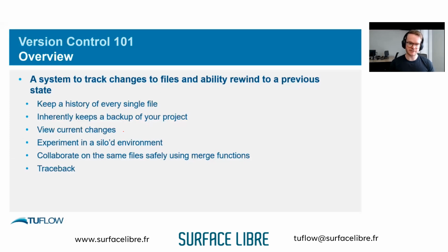The ability to view changes or view the history is very, very powerful. You can do this, of course, with the manual method, but it's very painful to do, or a lot more manual, to go back and figure out which files belong to which version. So you might have a TCF file that's increment number 30, and you have to figure out, okay, 30 belongs to number 25 for the TGC and 10 for the TBC, and you need to figure out all those different things, and then look at the changes with the previous version of the model. So the previous model, you have to go back and figure all those things out as well. With version control, it'd be very easy to see the current changes, but also changes between different versions.